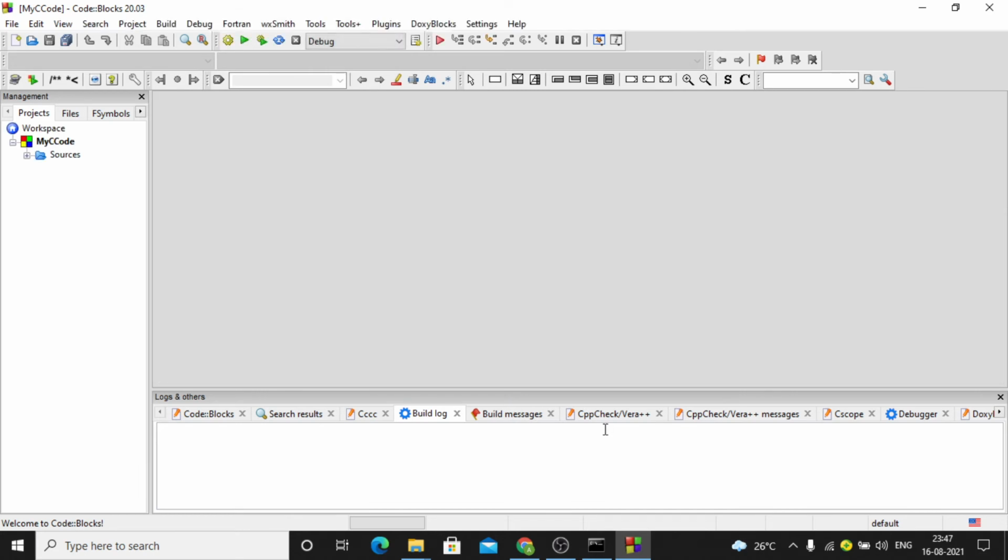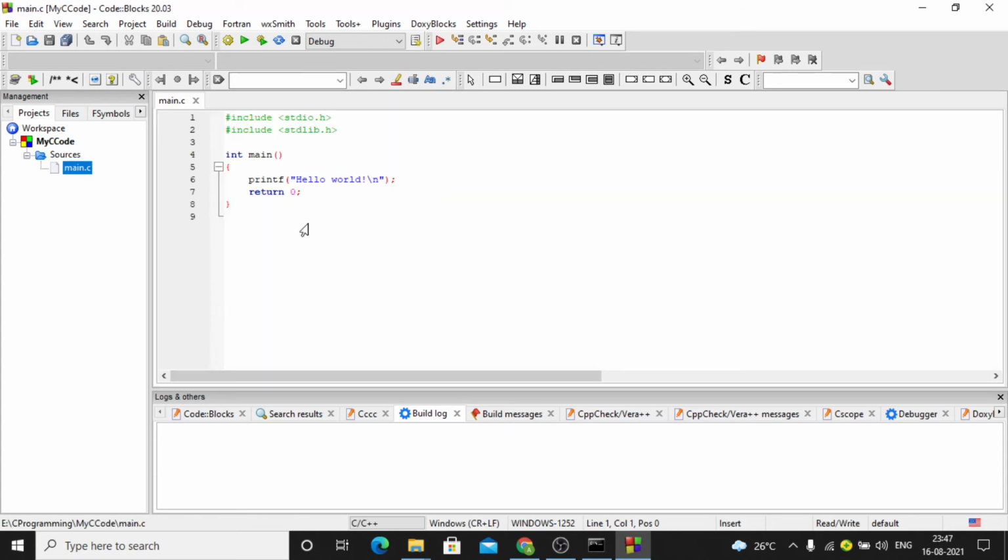Okay, your new project will come like this. Now you'll be wondering where to write the code, right? This system will come, and now just go to the sources. Click on the plus next to sources, and then you'll get main.c. In the first video, remember I told you what the C extension is for. Just click on that, and this is the program. This is the basic structure which this compiler has already given you, so you do not have to worry about that.